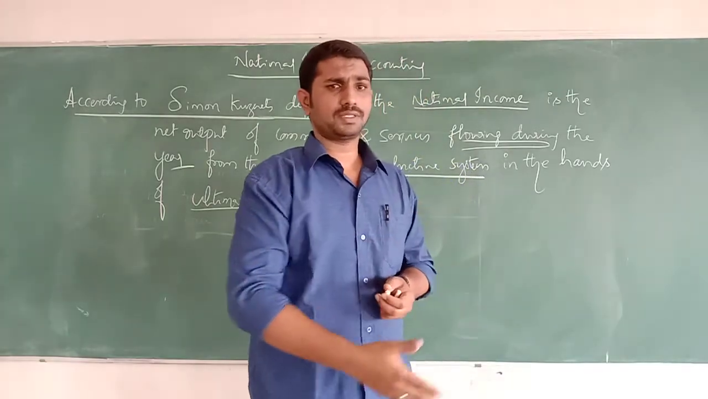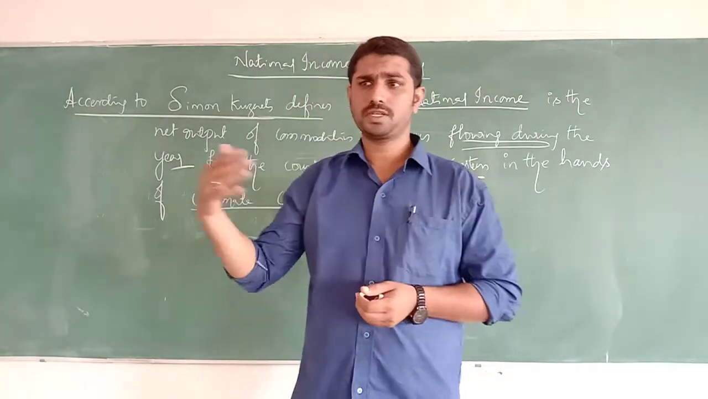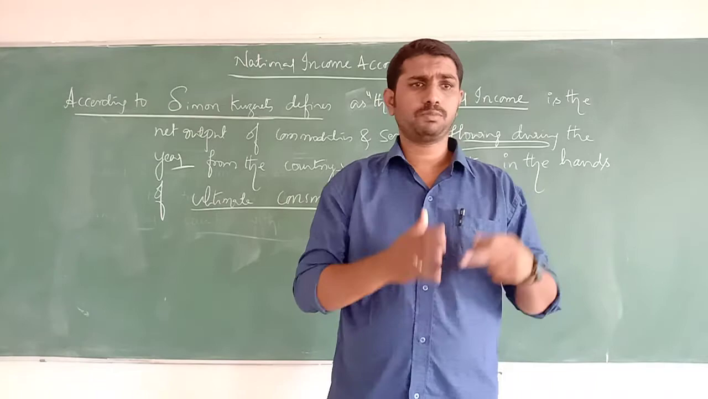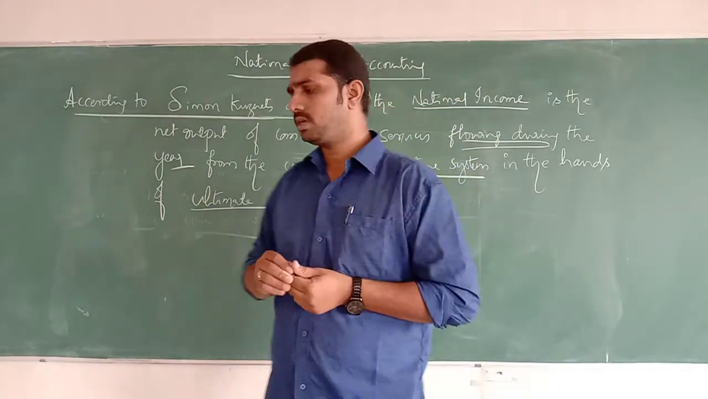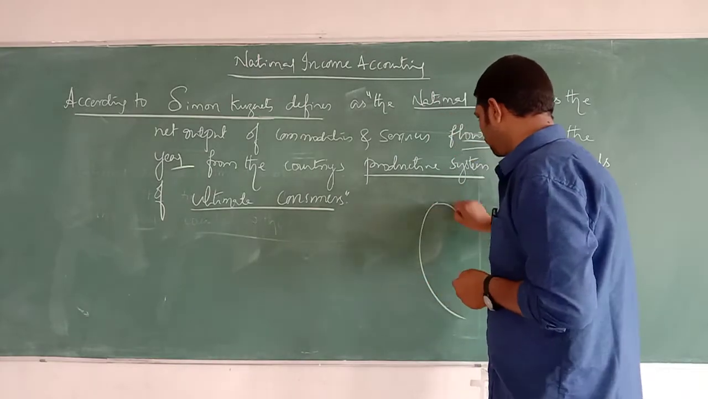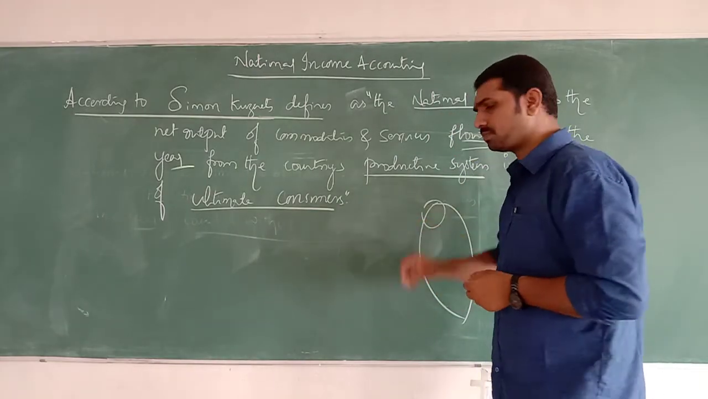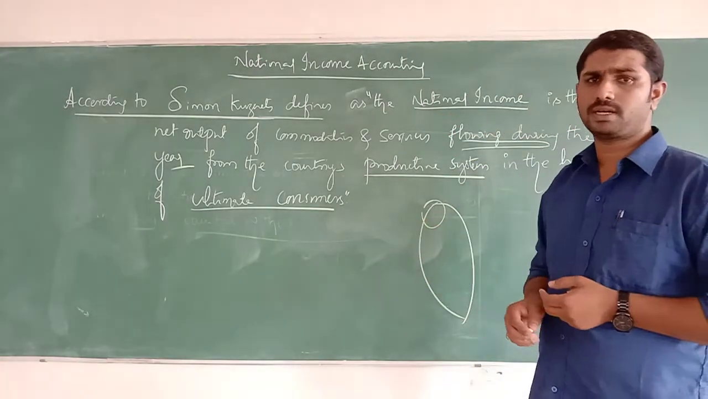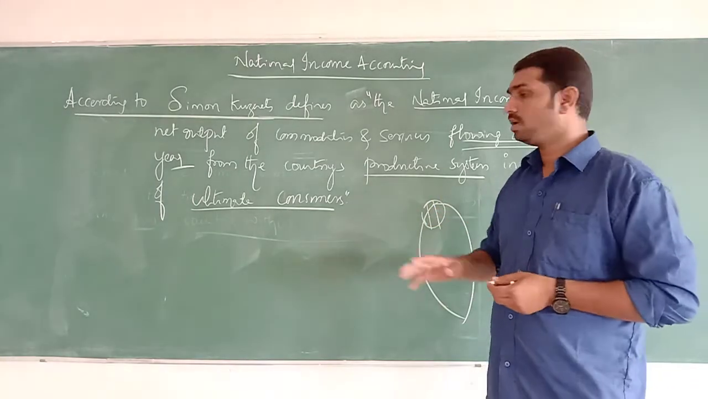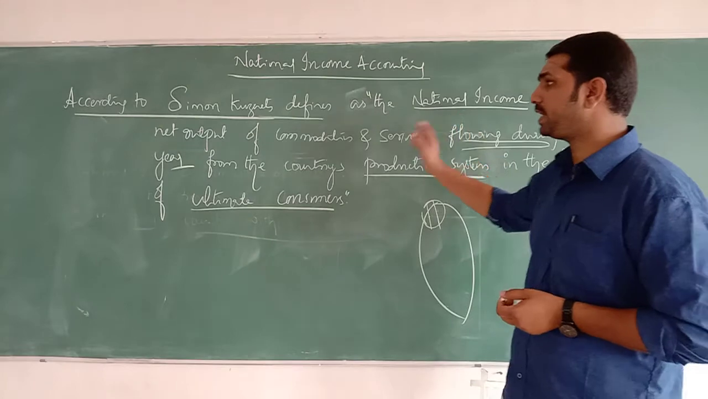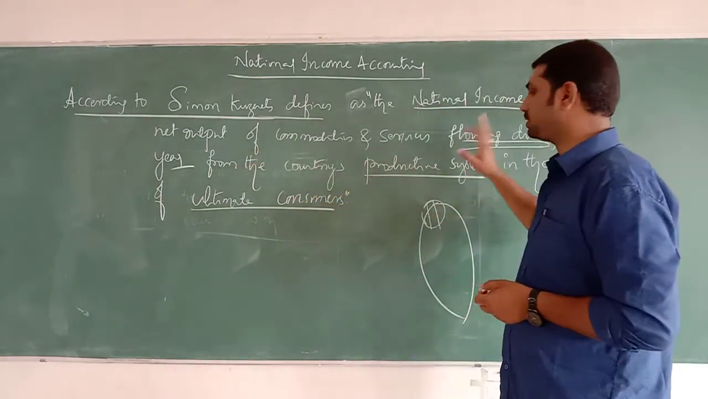Either it will be a primary sector, secondary sector, or tertiary sector. Then we have to consider both commodities as well as services. In such a case, in a country, in the production sector, whatever the n number of divisions there are, either primary, secondary or tertiary sector, from all the sectors, it's a net output of all those commodities and services flowing